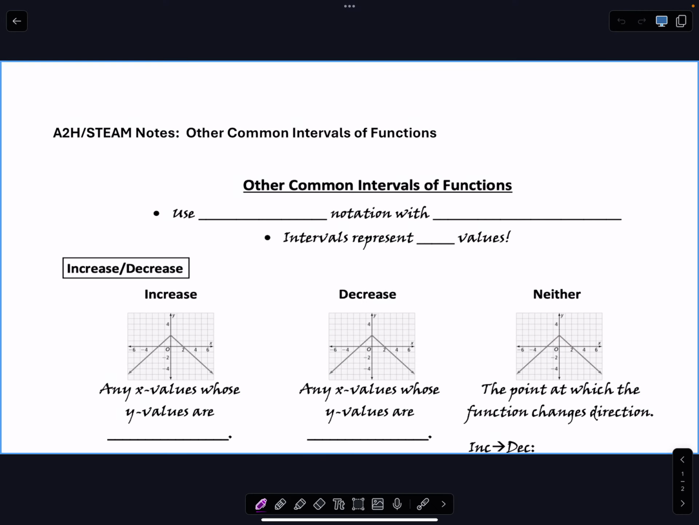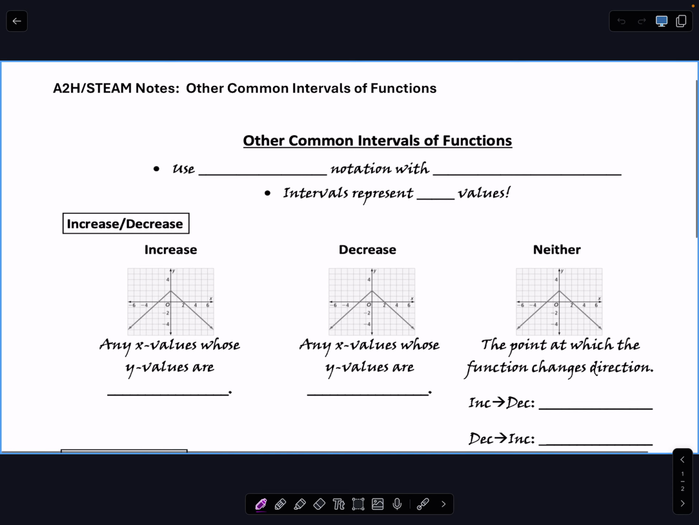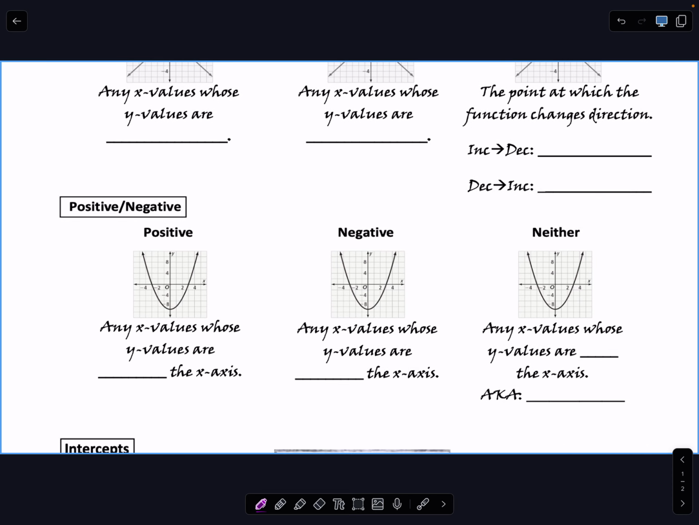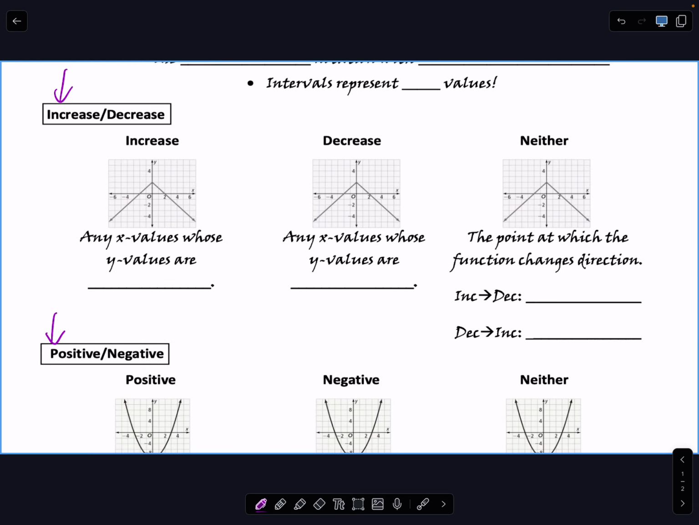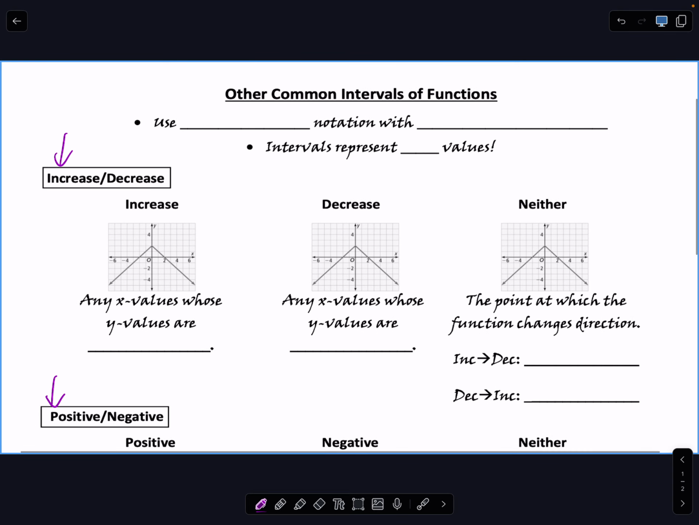All right, this is Algebra 2 Honors, Other Common Intervals of Functions. And so we are going to be looking at intervals of increasing and decreasing right here. We're going to be looking at intervals where functions are positive and negative. And then a couple of other things. We've already had domain and range. And so you are going to be using interval